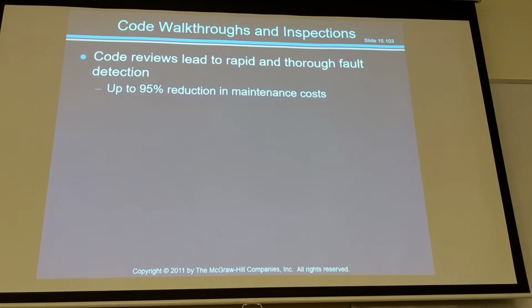Well, the other side of the coin is our code walkthrough and inspection. Code review leads to rapid and thorough fault detection, up to a 95% reduction in maintenance cost. So code review is as effective as our execution-based testing. As effective. That's why most software development teams today have code review. When you check any code into the main trunk,